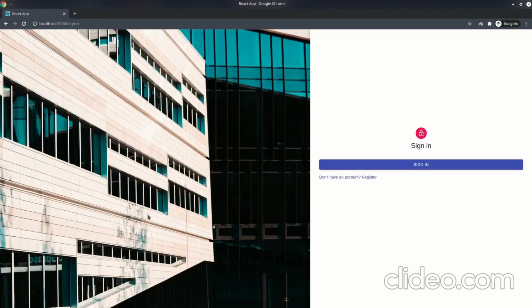Similar is the registration process for the customer as well. Our customer is already registered. I have used different accounts for sellers and customers. So we can proceed with customer sign-in.